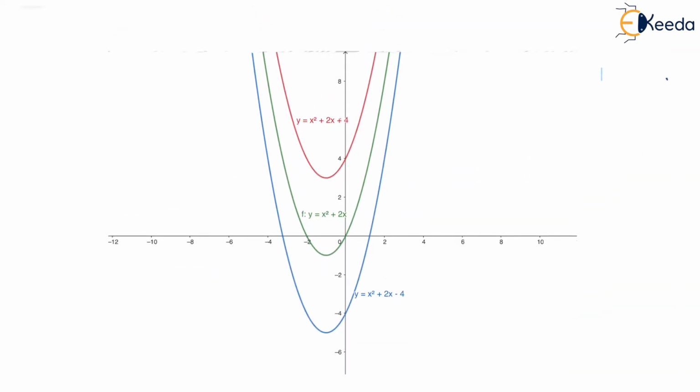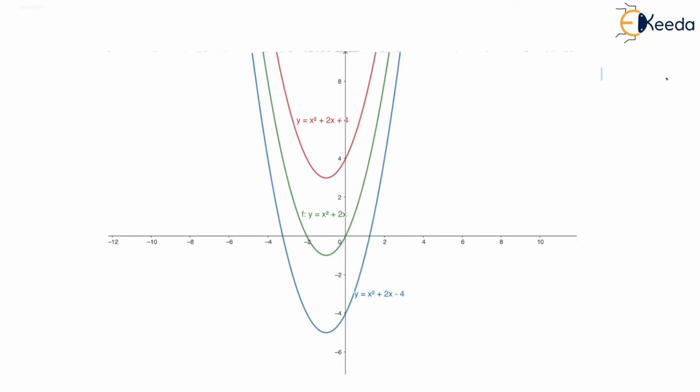Now here we can see that considering the initial graph, that is y equal to x square plus 2x, in this case the green one. Now if we add a positive number, that is a equal to 4 in this case, we can see that the graph is shifting up by 4 units. Whereas the next case where we are making the graph as y equal to x square plus 2x minus 4, we are just subtracting 4 here, so the graph shifts down by 4 units.